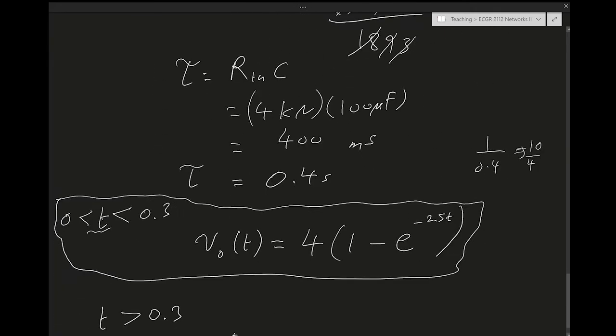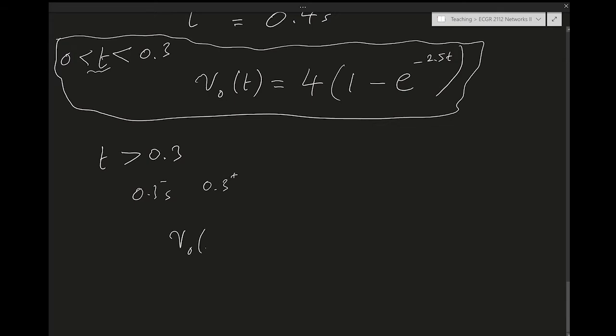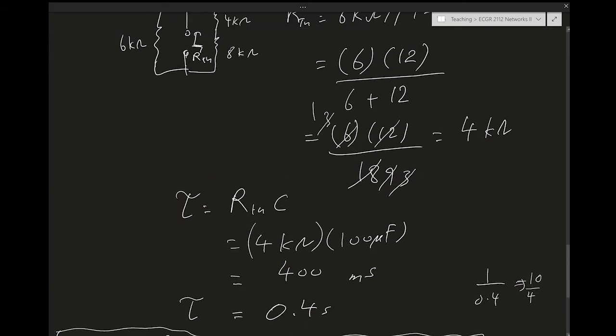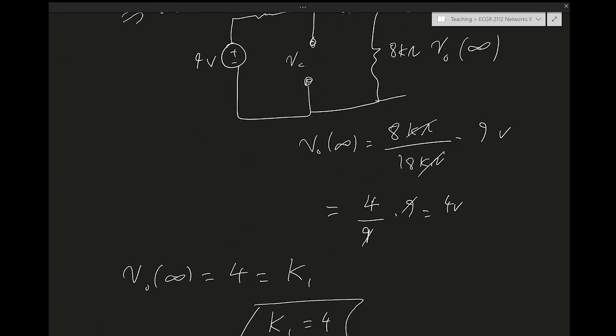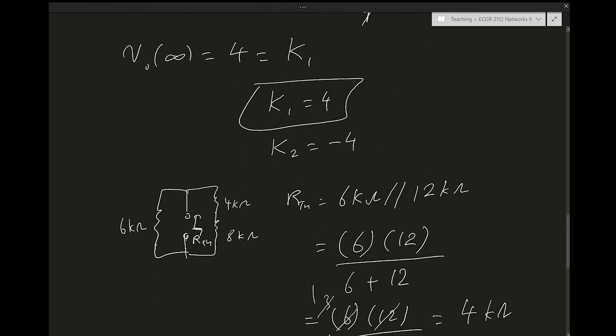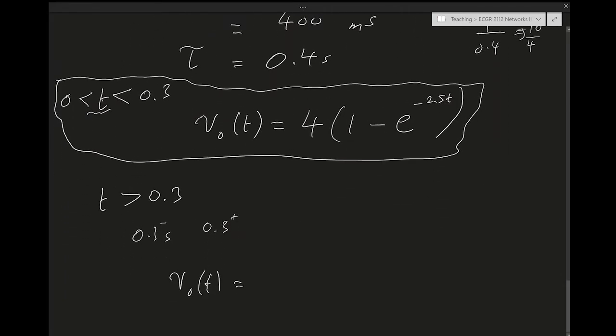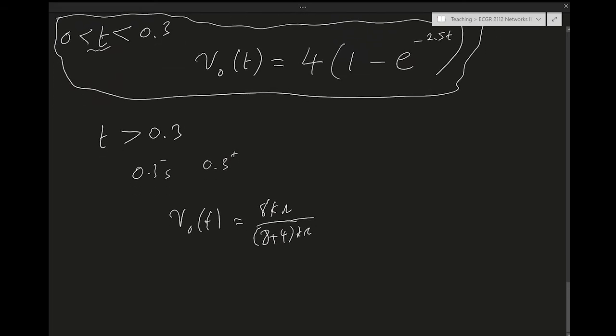So VO(t) is always gonna be, and what's the voltage divider? It's gonna be 8 over 8 plus 4, so it's gonna be 8 kilo ohms over 8 plus 4 kilo ohms, right, times VC(t),